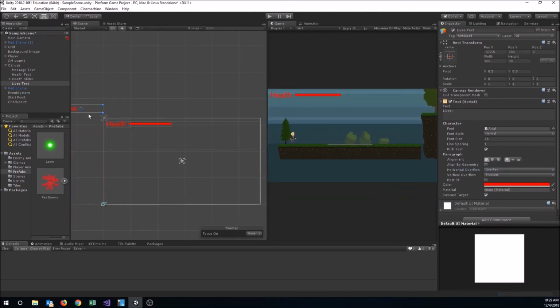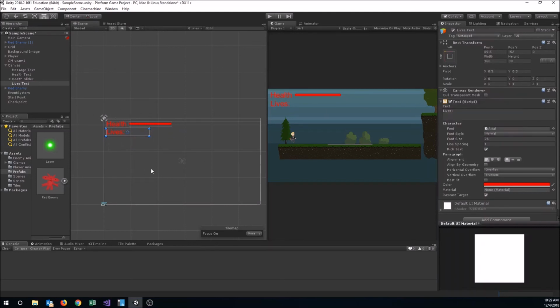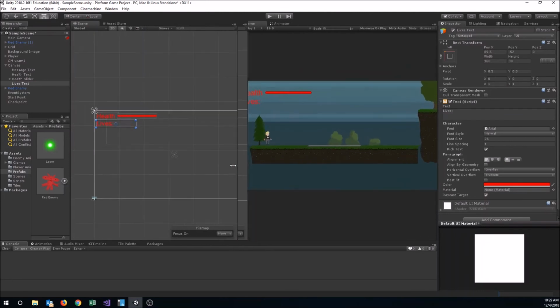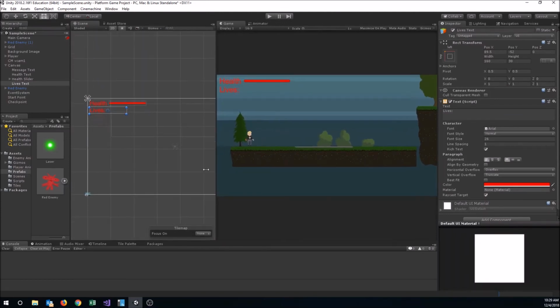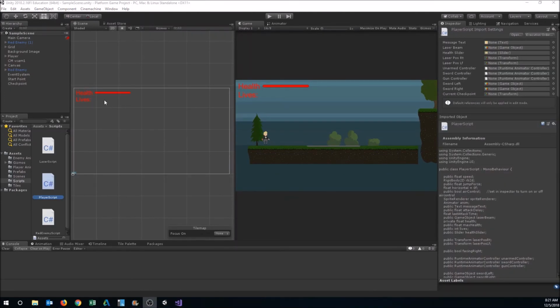So see how that dragged it up off the top? Let's just kind of line that up where we want it. And then let's set our anchor point to that top left corner. If all these have the same anchor point, they should all stay the same distance away from each other. Okay, so we can test that by just changing the size of our screen here. Now that we have our lives box positioned on the screen, let's go back into our script and let's start